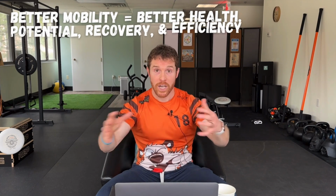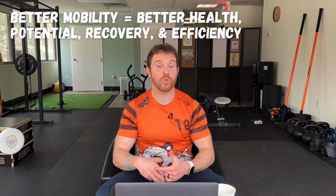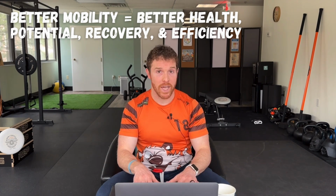So regular focused mobility work can keep you healthier, it can keep you feeling better and more confident, and basically gives you the tools to do the other stuff more effectively and more efficiently. So better mobility means you're actually conserving energy over the long term and improving your ability to recover, which is huge. So what I recommend is that basically year long, you are working on one of your priorities being mobility